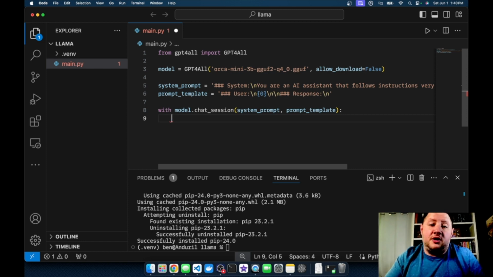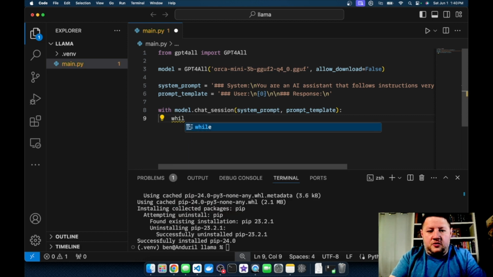So we could have started with a very simple statement that just says, "Here's some text, process it and give me a response." But that would be boring. So what we want to do is build a loop inside of the with statement, and that's going to allow the conversation to keep going until we're done conversing. It gives it that conversational back and forth sort of feel. So inside of the with, I'm going to do while true. We make an infinite loop, and the only way out of this infinite loop is if the user input,